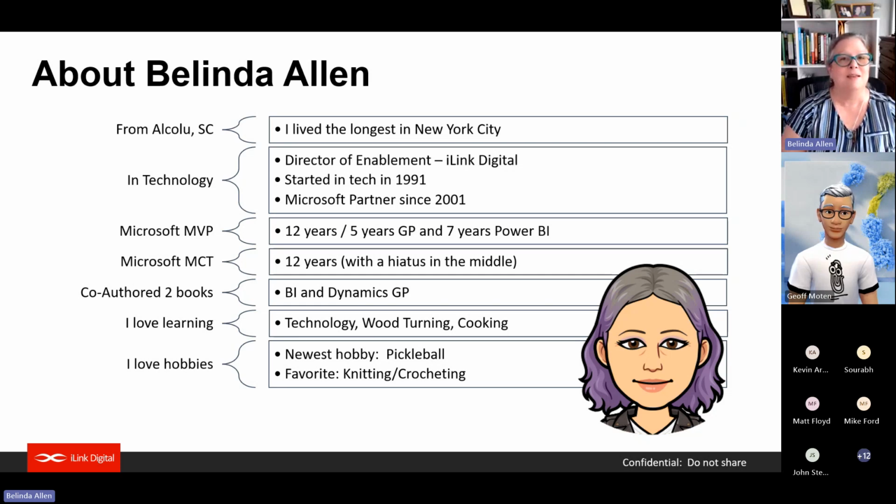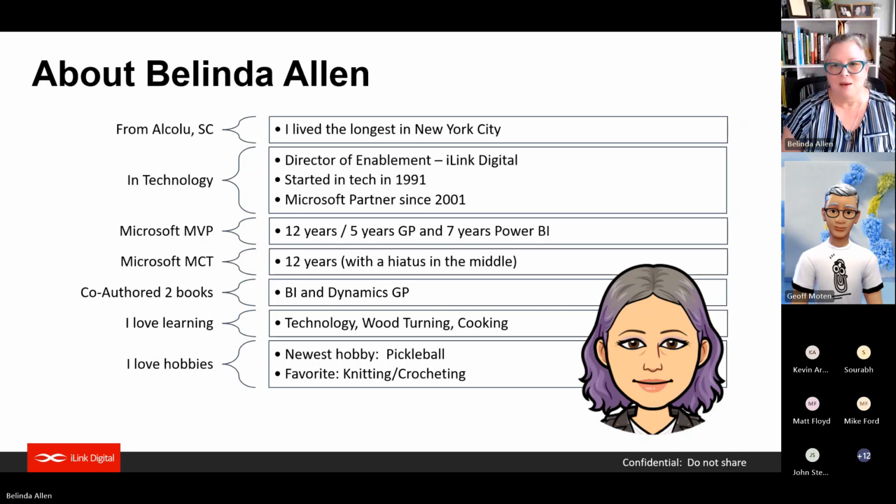But currently I am the director of enablement for a global partner called iLink Digital. It's a relatively new job. I worked for myself for many years, and so had my own practice. My husband and I did sell it. I went to work with the person who bought it for 3 years. I fulfilled a contract and then went back out on my own again. So this is a new experience for me, working for not only a large global partner, because we were a small global partner beforehand, but now I work with large enterprise customers as opposed to the small and medium-sized business. So it's quite a venture for me.